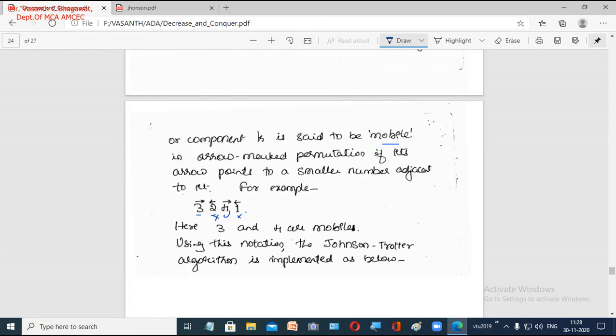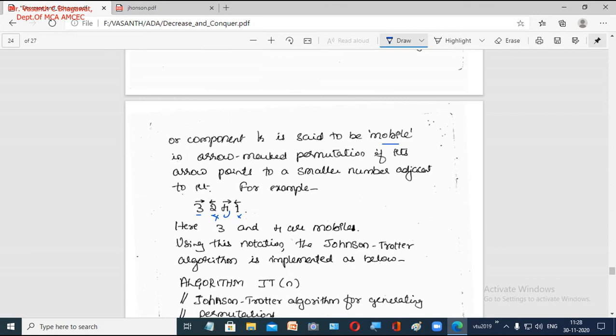So in this example, 3 and 4 are mobile elements. Why 3 and 4? Because 3 is pointing to the number 2, which is less than it, and 4 is pointing to the number 1, which is less than it. Hence 3 and 4 are called the mobile components or mobile elements.